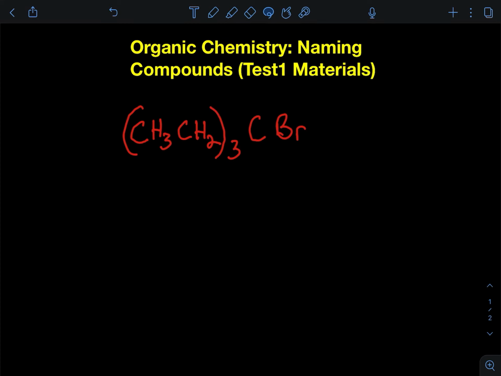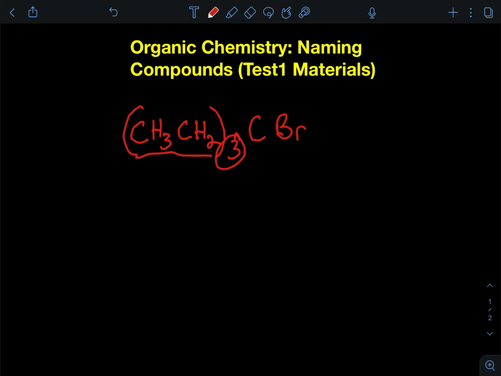So how would you name something like this here? All right, don't get intimidated by this parentheses because you're going to see a lot. So go ahead and just understand that everything inside of this parentheses is multiplied by whatever number is on the outside of it. Okay, so you're going to have 3 of these ethyl groups that are attached to this carbon, which makes sense because